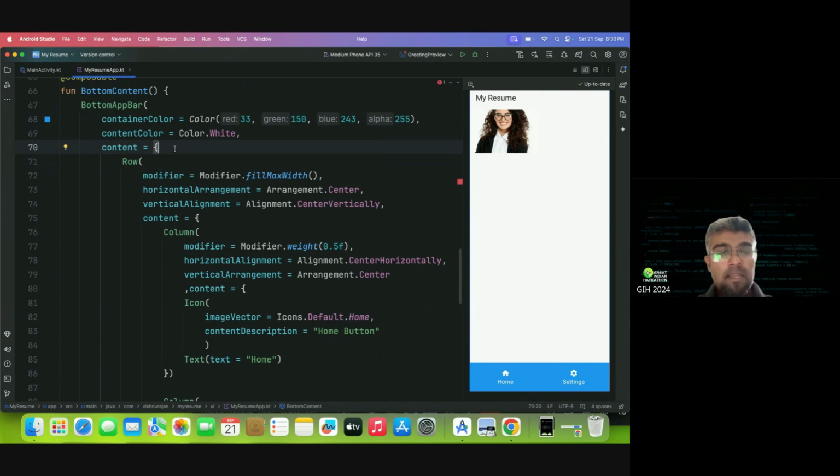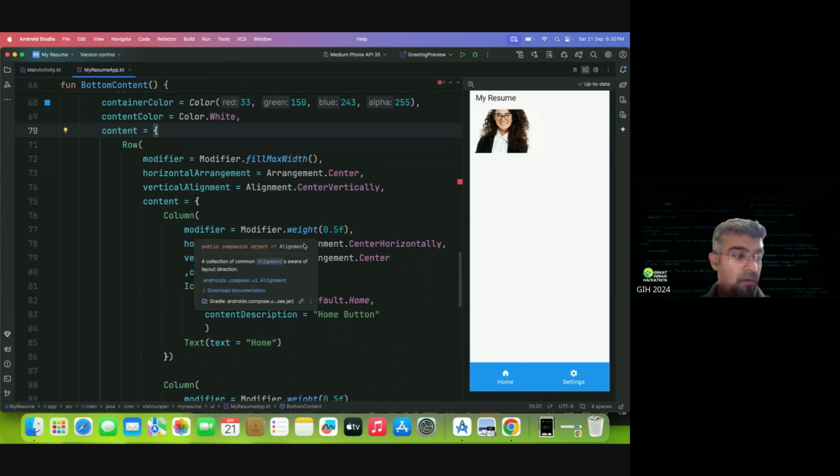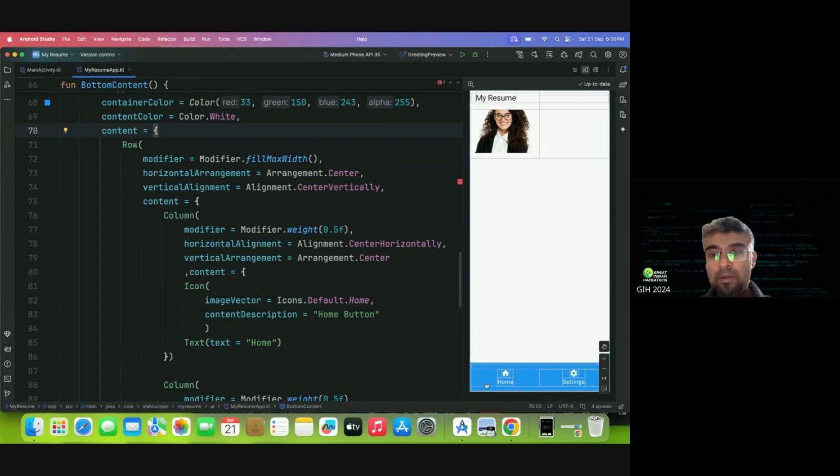Okay, and yesterday I had told you that here I had to place two buttons. So if I need to place two buttons, I need to create a row. First of all, I need to create a row, and inside the row,